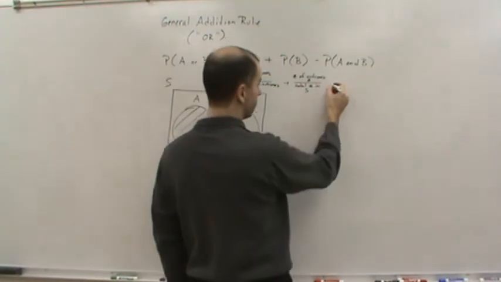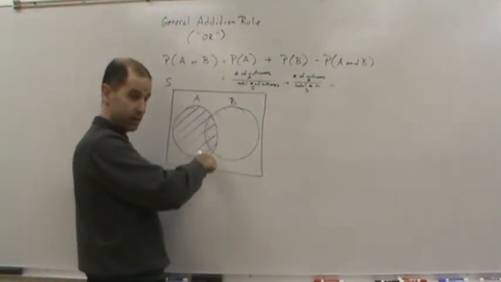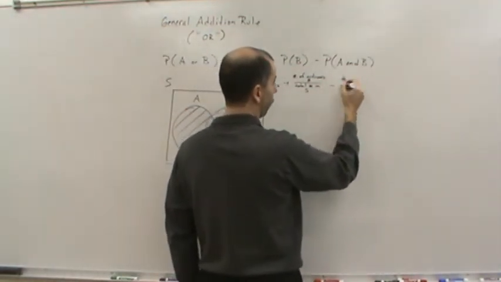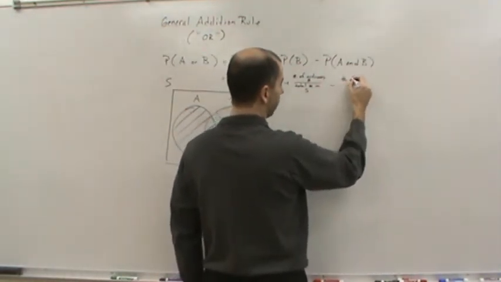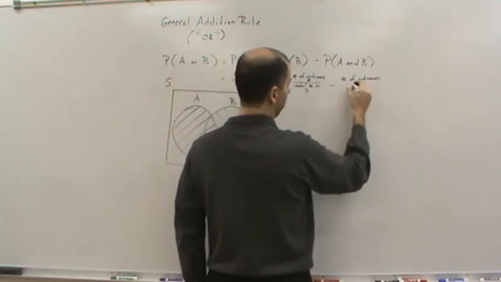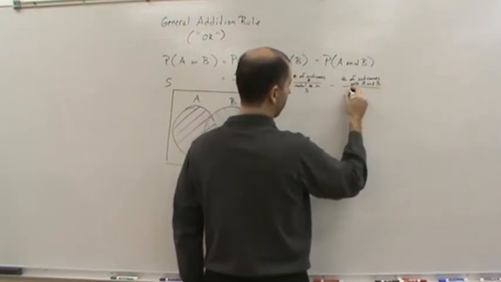So I'm going to subtract off one of these intersections, right? So I'm going to subtract off the number of outcomes that give me both A and B divided by the total